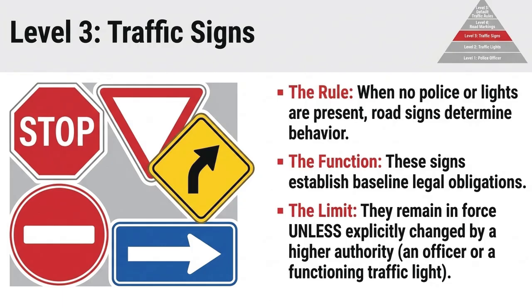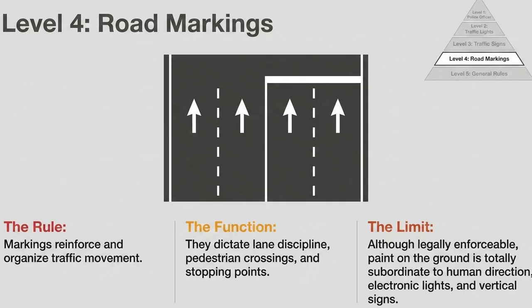But remember their limit, they remain in full force unless they're explicitly overwritten by those higher authorities we just talked about. Moving on down to level 4, road markings. Paint dictates lane discipline and stopping points, sure, but keep in mind it is entirely subordinate to human direction, electronic lights, and vertical signs. Those crisp white arrows painted on the asphalt do a beautiful job organizing traffic, but if a temporary sign says that lane is closed, or an officer redirects you right across a solid white line, the